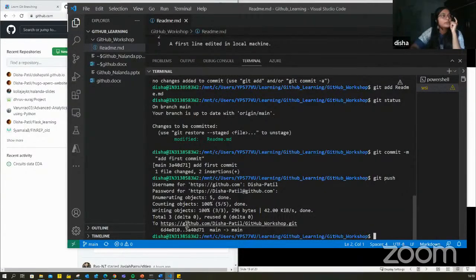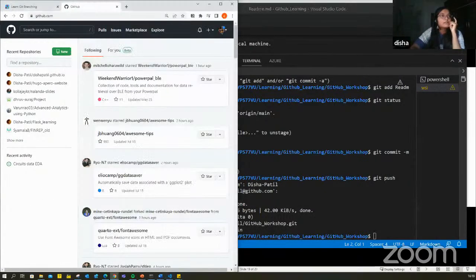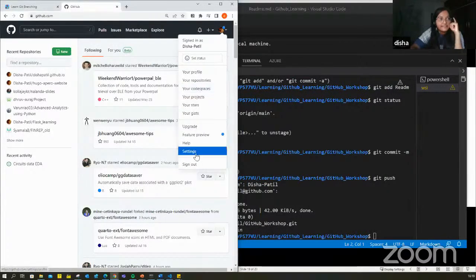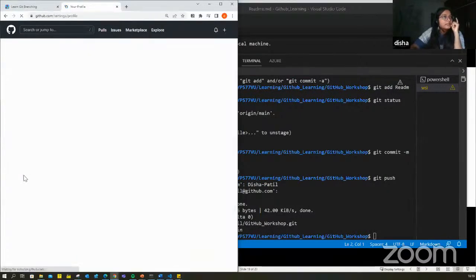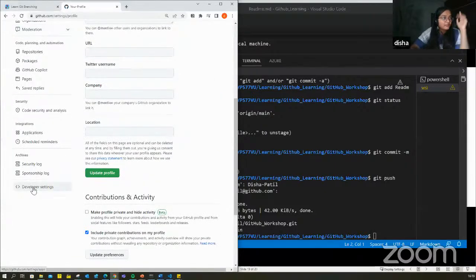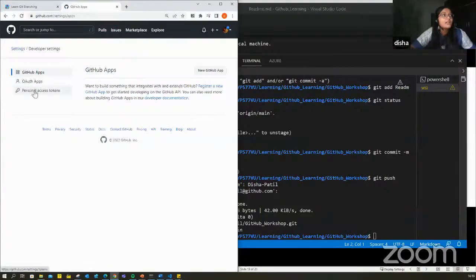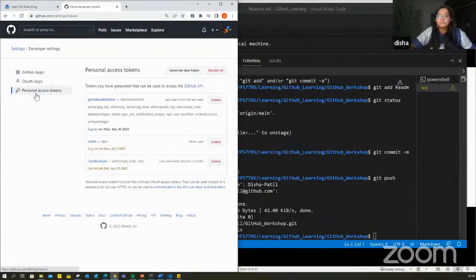So basically these are important steps. Go to settings, because as a beginner again this would be an added complication. Settings में जाना है, developer settings में जाना है, personal access token. Keep this in mind, personal access token and generate new token. अभी ये generate new token करने के बाद it gives you a new token and then you need to save it somewhere safe. Okay, don't save it where everybody can access it.